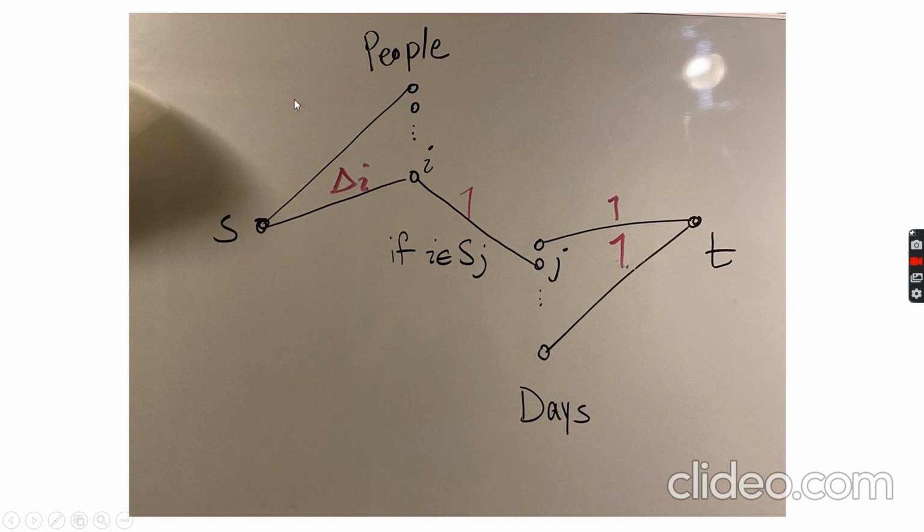Now it remains this kind of edges. But have in mind that we said that we have a fair scheduling, and in a fair scheduling, each person drives only at most delta I days. And so, if we decided that person I is driving, then any number of days that this person is driving is going to be less than delta I. So the flow that is going to go through this edge is also going to be fine.